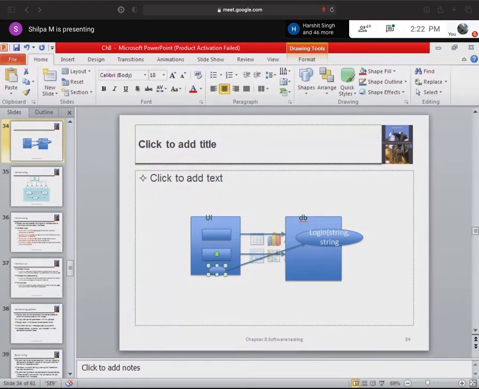So basically my component testing will check, when there are multiple components, whether the interaction between these components, or the objects within these components, is proper or not. Did you get it? You want me to explain again?